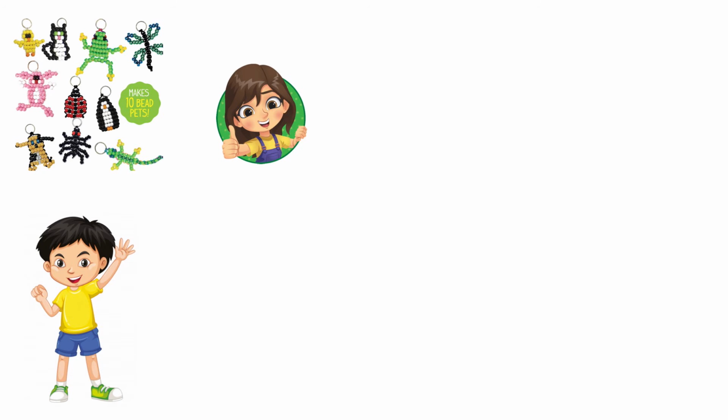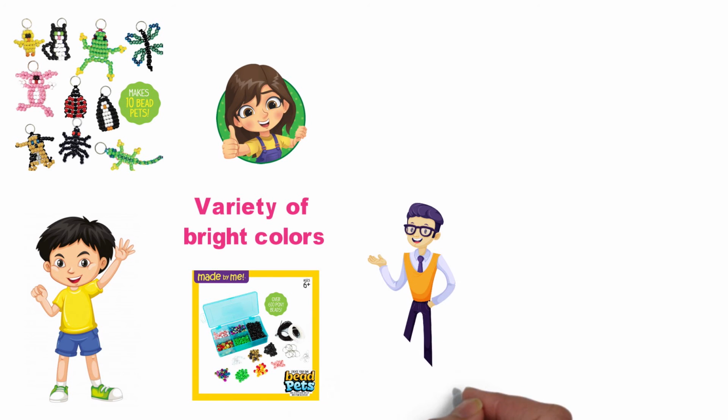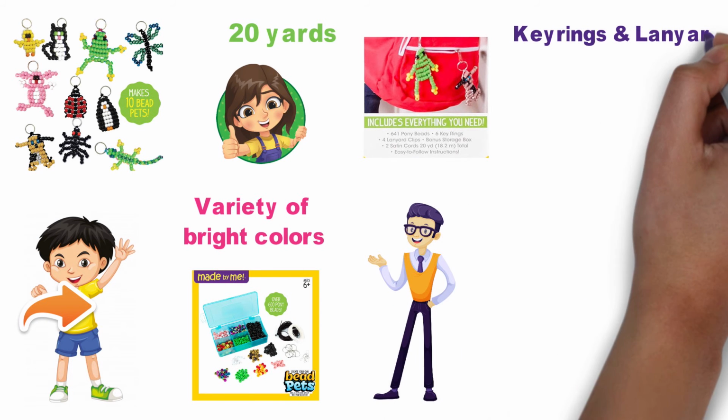The kit contains over 600 beads in a variety of bright colors that can be coordinated in many ways using the satin cords. It comes with 20 yards of satin cord as well as 6 key rings, 4 lanyard clips, and a storage box. Children can attach their bead pets to the key rings and lanyard clips and display them